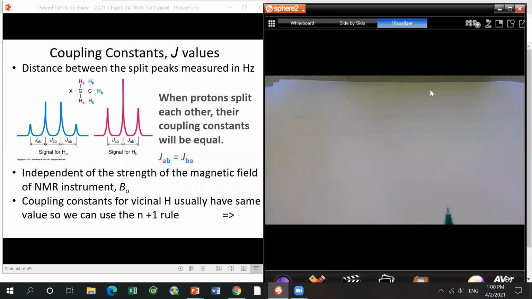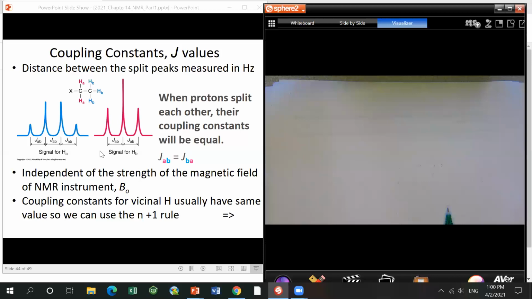Okay, so last time we talked about the coupling constant. If you have split peaks, the distance between the peaks is what we call the J value. If you have two protons coupled to each other, the J value should be the same. So J_AB equals J_BC, and this J value is independent of the strength of the NMR